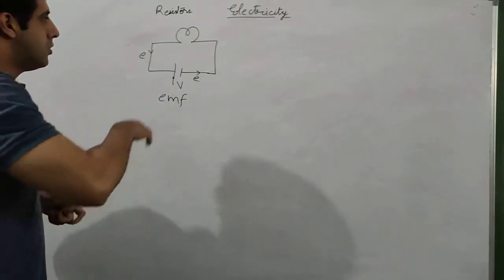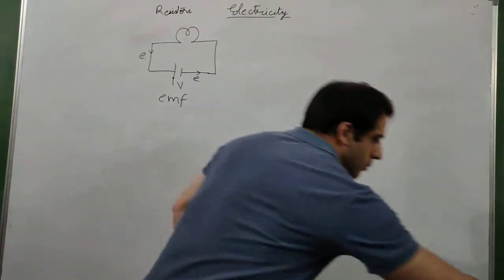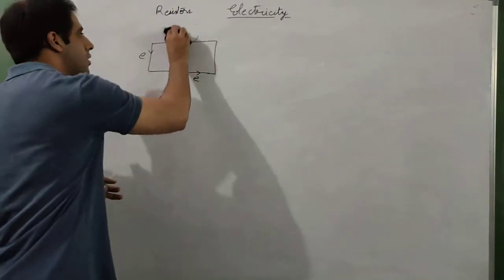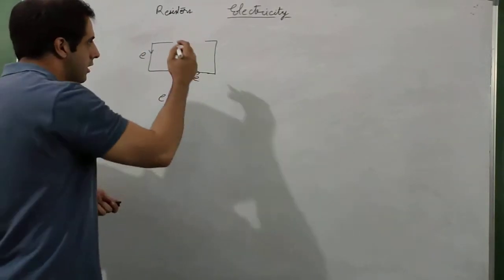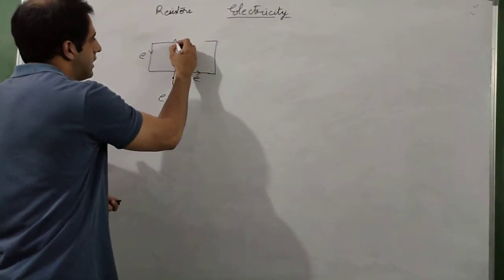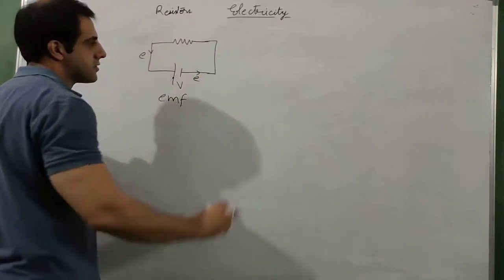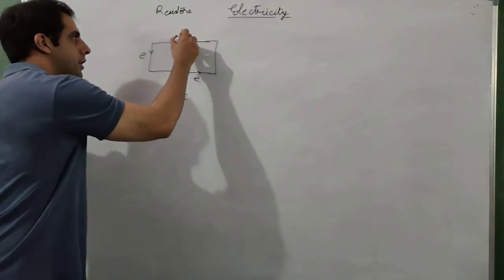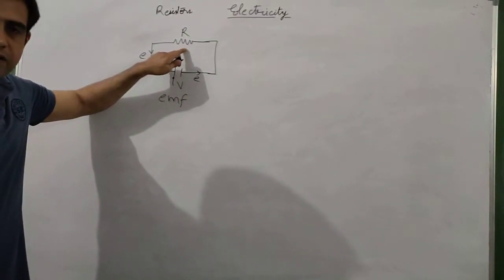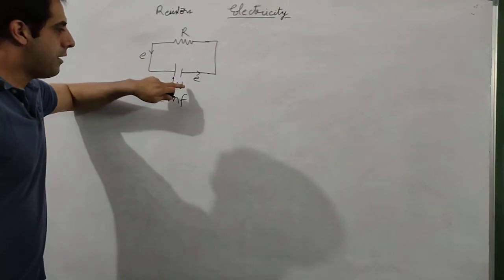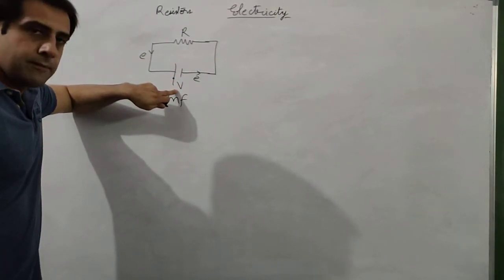They stop. So we can remove this symbol of the bulb and replace it with the symbol of a resistor, which I told you in one of the videos. The symbol of a resistor is this. So this is a fixed resistor. We denote it by R, capital R. So we have a resistor, a device which absorbs the electrical energy. We have a battery which creates potential V.